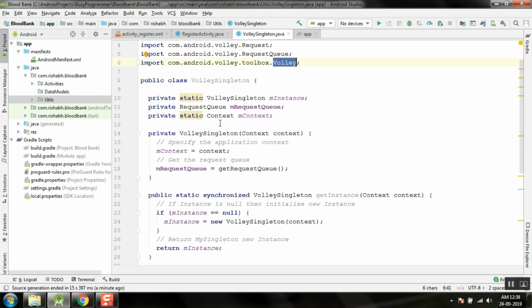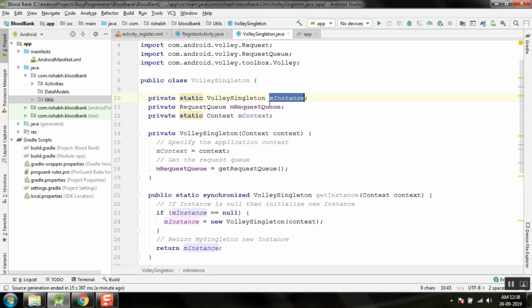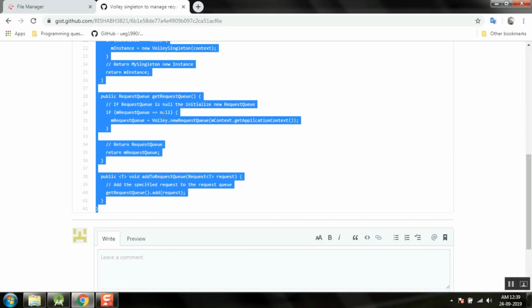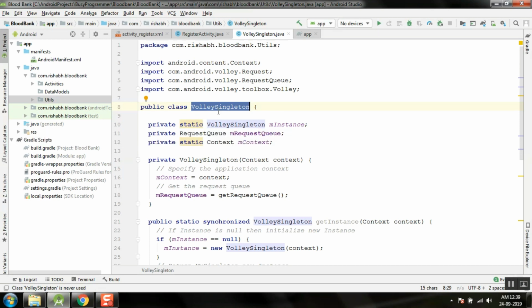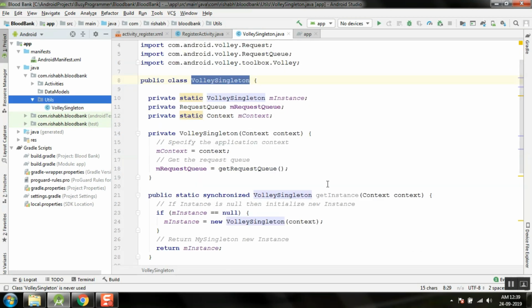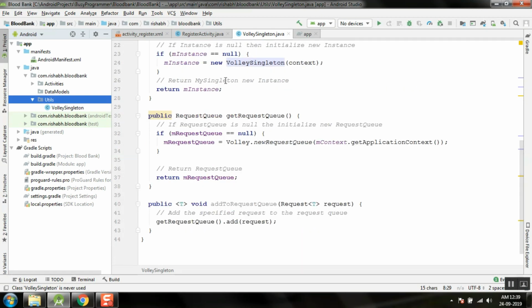So this singleton, we will have only this single instance throughout the app. Each time you make a network call, you are going to use a single instance of this class. So you will get this code in this file. I will share it, and we have the public class for Volley singleton. You just need to paste it inside this utils package,